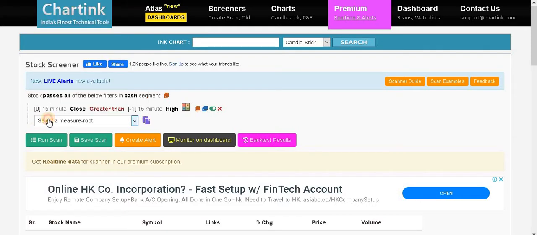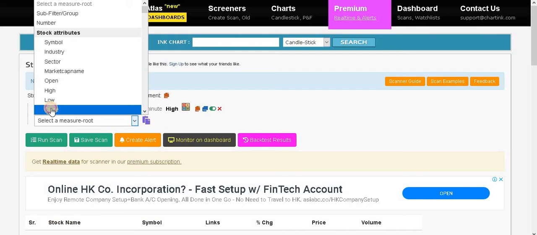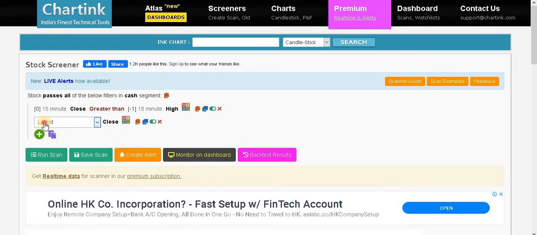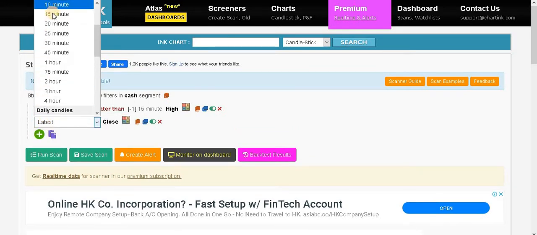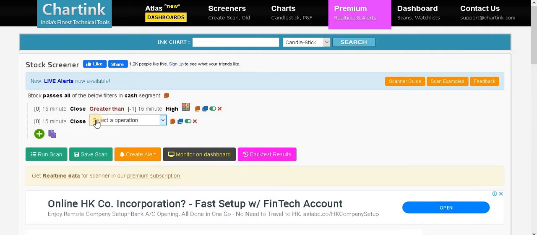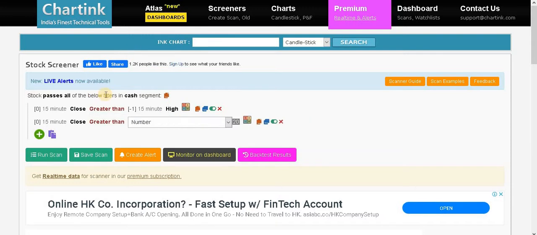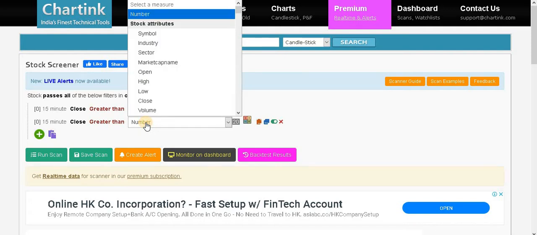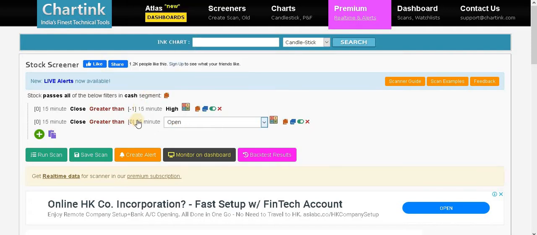Over here also we need to select close, and in the latest we need to select the time frame as 15 minutes, and after that greater than, this must be open, time frame is 15 minutes and the value is 0.